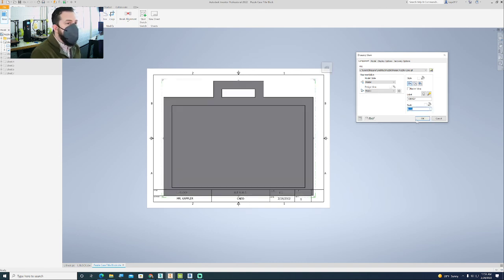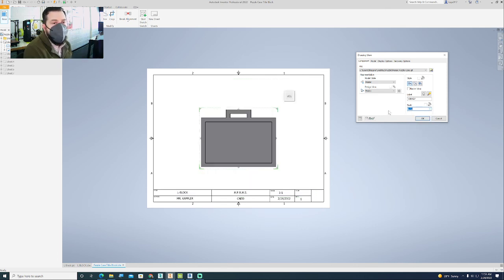So at 1:1, it doesn't really fit on the sheet where you're going to be able to get other views on the piece of paper. So you do have to mess around with the scale a little bit. The scale at full size just about fits on a real piece of paper. To get that on there with its 3D view and with the other projected views, we should try